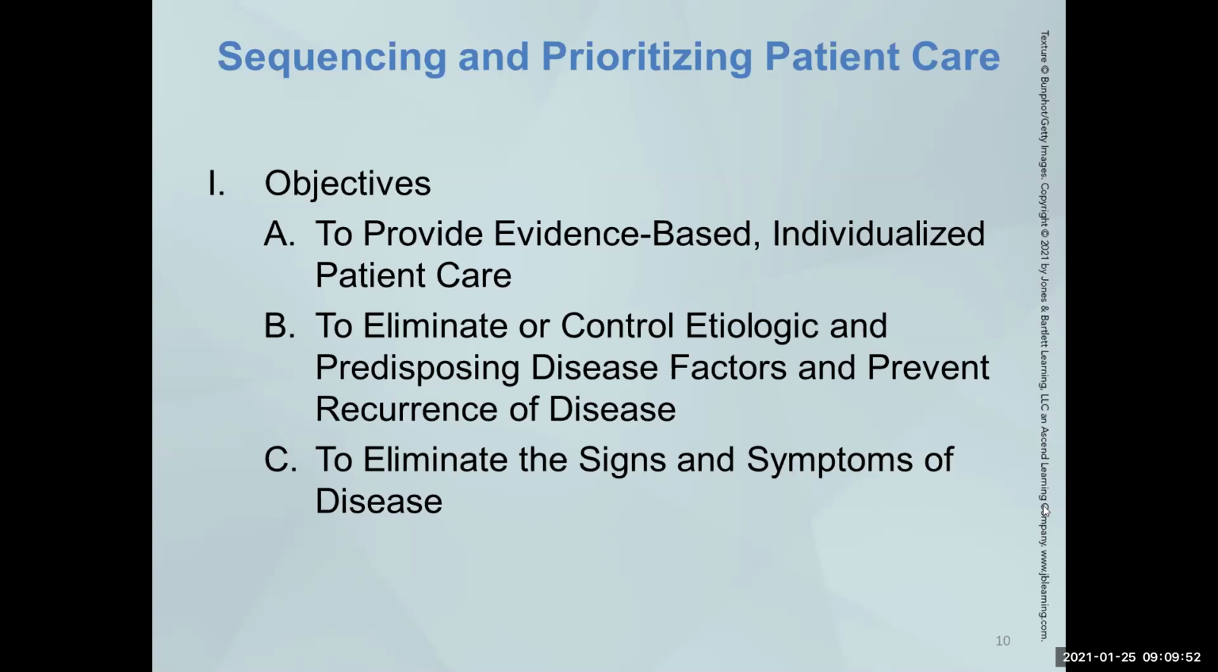We want to provide evidence-based, individualized care. So it's not just a cookie cutter. If you're a difficulty 3 or 4, you're going to get anesthesia. That's it. It is an individualized patient care. You want to eliminate or control etiological as well as predisposing disease factors and prevent the recurrence of